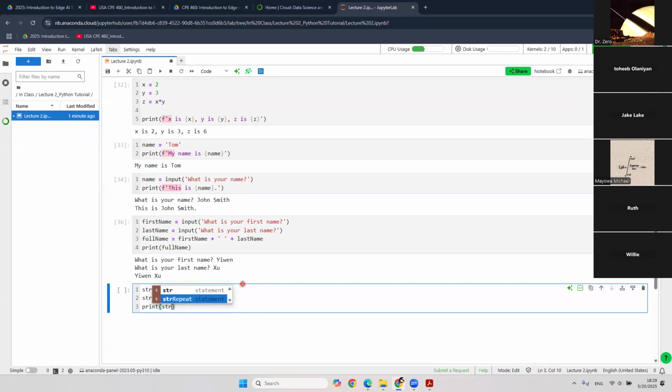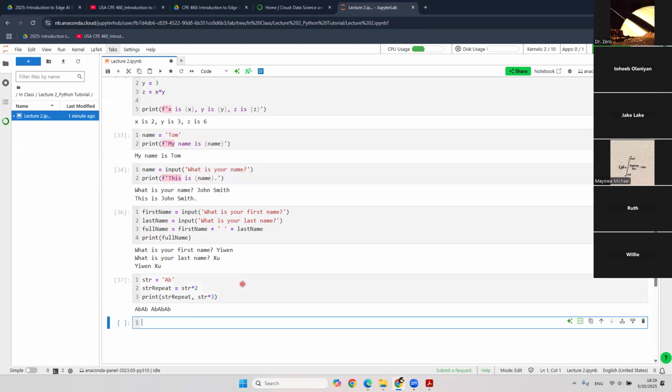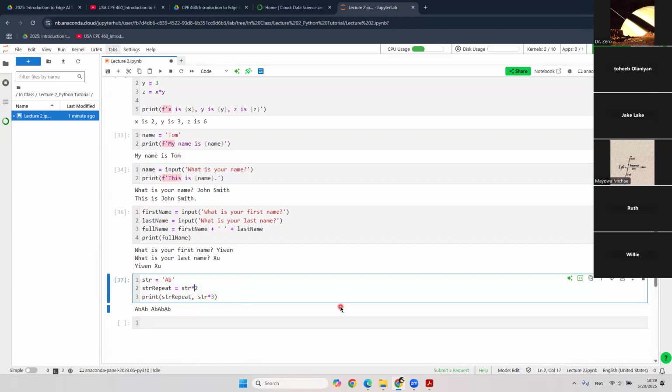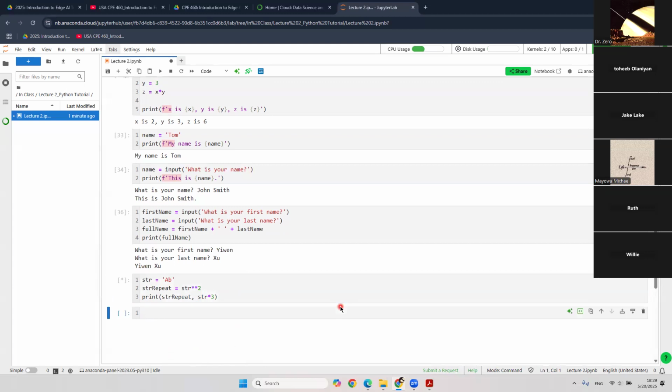So it gives me two selections. For example, I can choose this one and press enter: string repeat, and I can also put string times 3. So string times 2 is AB, AB. String times 3 is AB, AB, AB. Don't make a mistake like this, then it will be wrong,